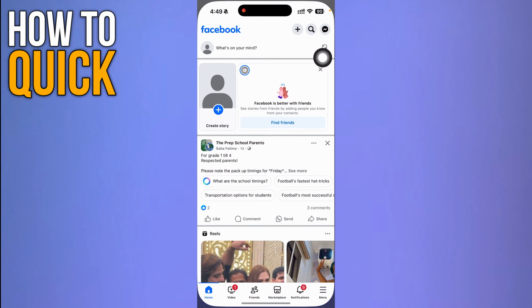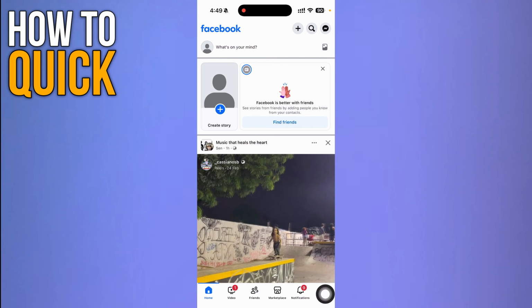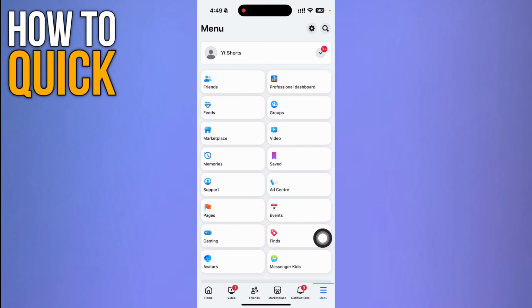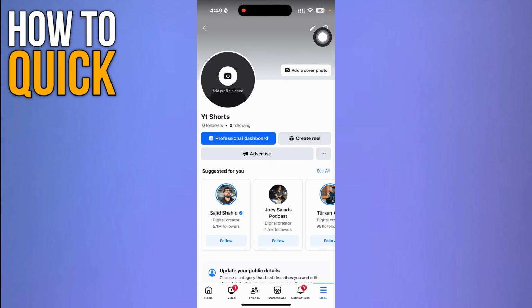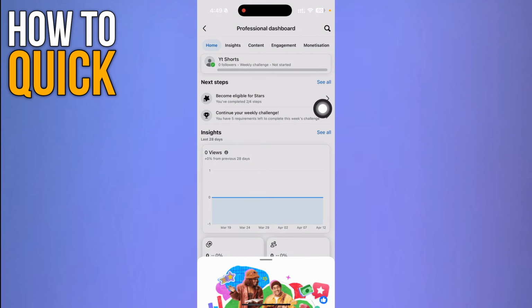So first open your Facebook app and then you have to click these three lines over here on the bottom right corner that says menu, and then you have to click your profile over here. Now it's going to bring you to your Facebook page, and here you have to click this professional dashboard option,